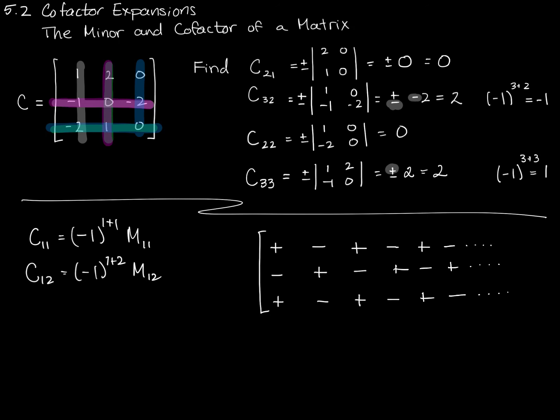But these need to be square matrices. So I also need to include the fact that the pattern continues in this direction as well. See, positive and a negative, negative and a positive. This is highly unnecessary. The point is that the array of signs continues regardless of the dimensions of the matrix, as long as it's a square matrix. Okay, I'll just put a dot, dot, dot here as well,